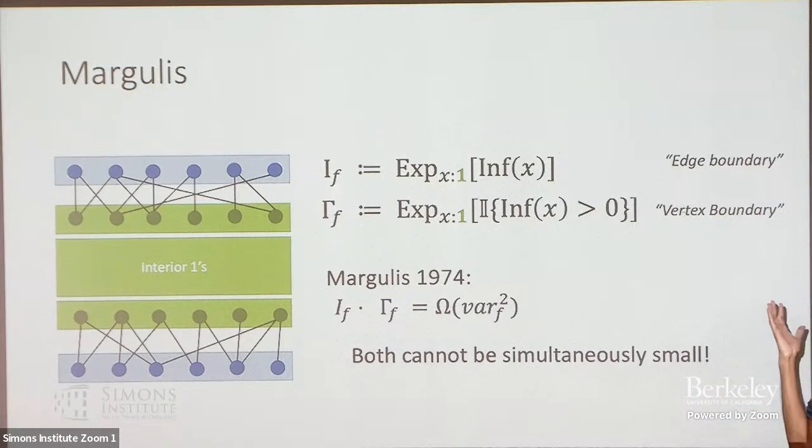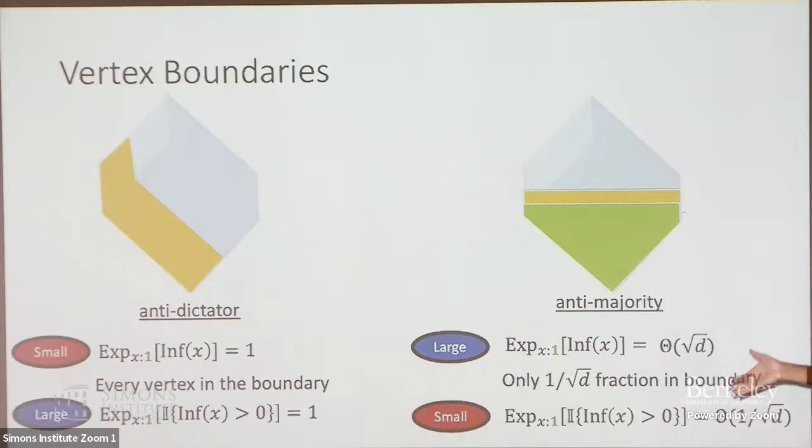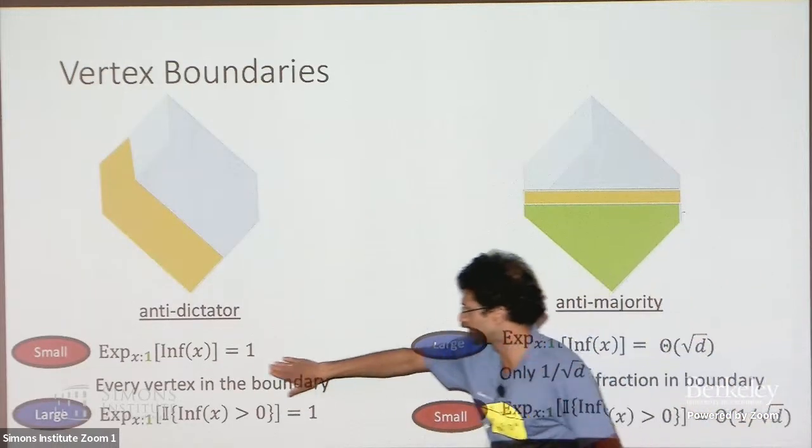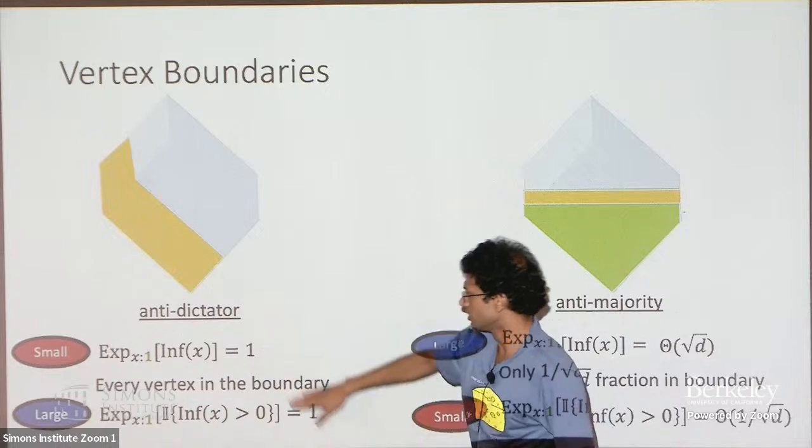I don't know how we saw that. The proof of this is not that difficult once you figure out the right inductive hypothesis. But the genius is in figuring out that this fact is actually true. Yeah? And so just to show you these examples again, remember this edge boundary is 1, vertex boundary is 1,